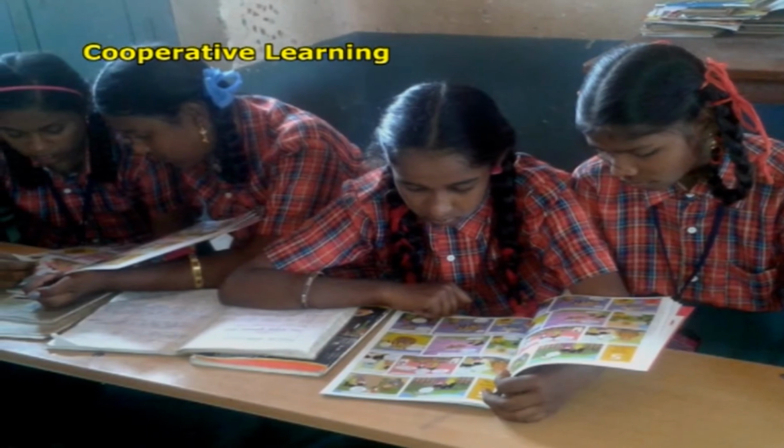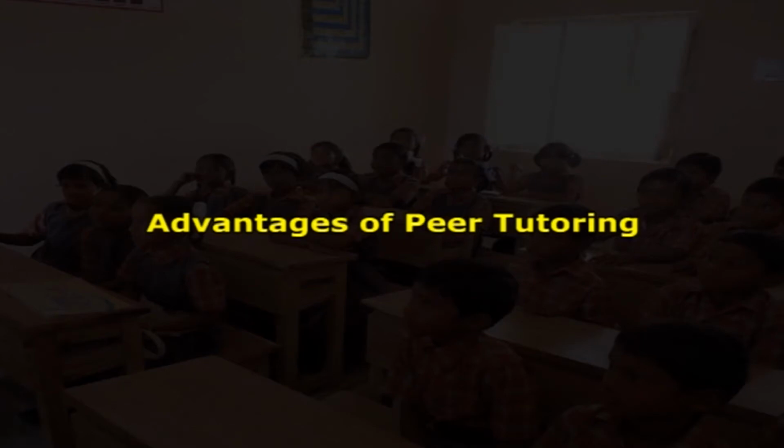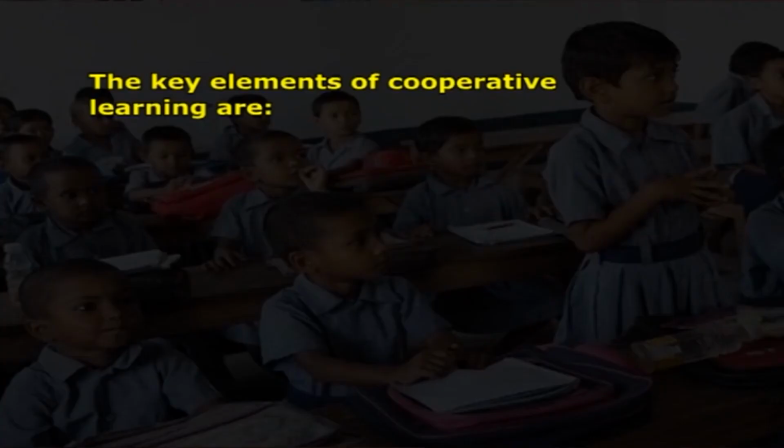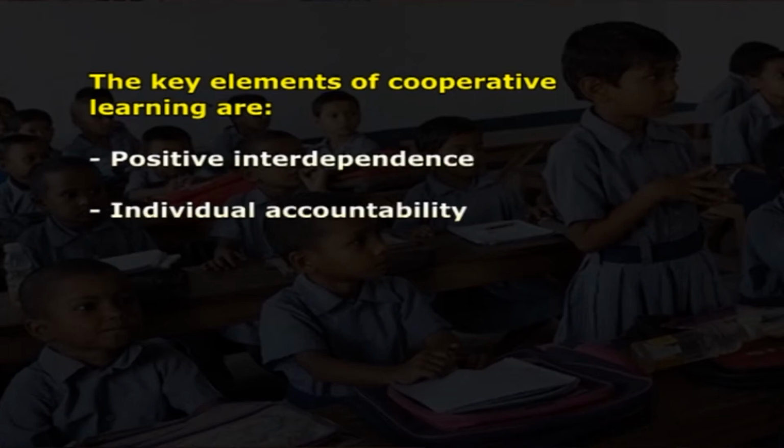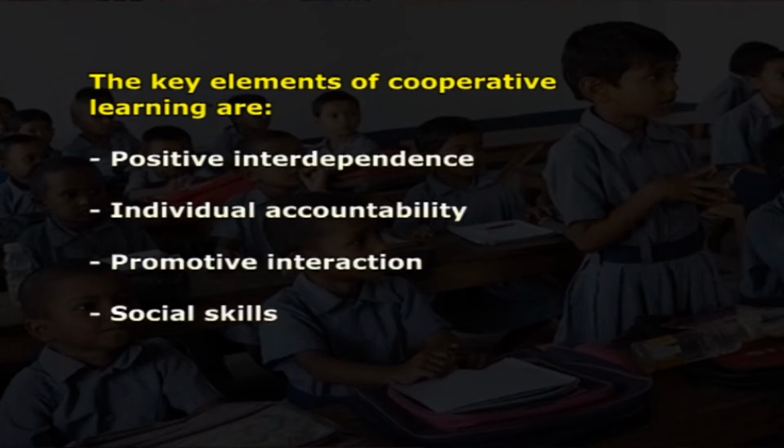Cooperative learning helps to improve the motivation of many students because through cooperative learning, more students can get the opportunity for academic success. In cooperative learning, the size of the groups depends on TEAM: T for time limits, E for experience working in groups, A for age, and M for materials and equipment available. The key elements of cooperative learning are positive interdependence, individual accountability, promotive interaction, social skills, and group processing.